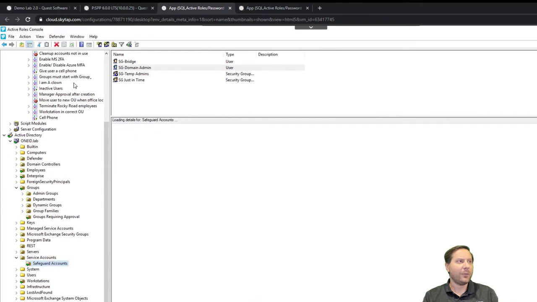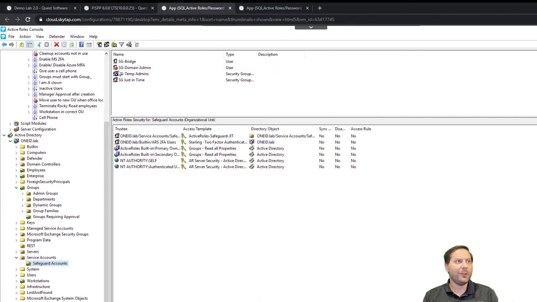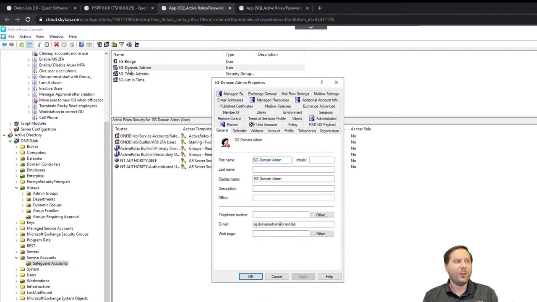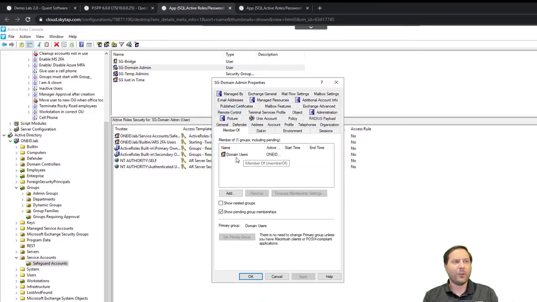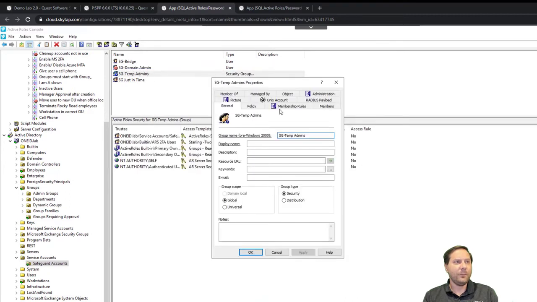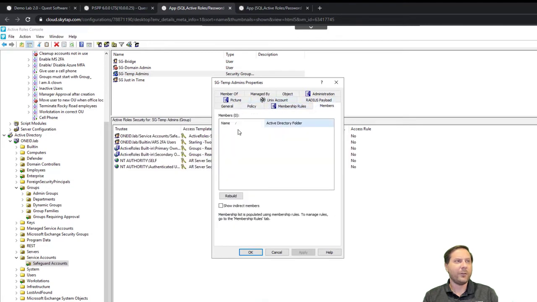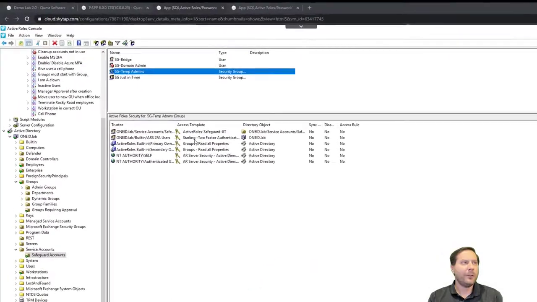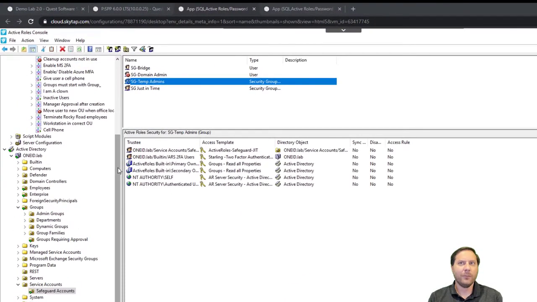So let's just refresh that directory real quick, and we'll notice now that account is disabled. We will also notice that if we go to the member of, they are a member of domain users, obviously because they always were, but they're no longer a member of domain admins or anything else related to that. So we can see that that's the case. And if we take a look at the group, we can see that they're no longer in that group. Let's click over here, and you can see there's nobody in that group, which is exactly what I expect to happen. So now let's take a look and see what actually happened here.